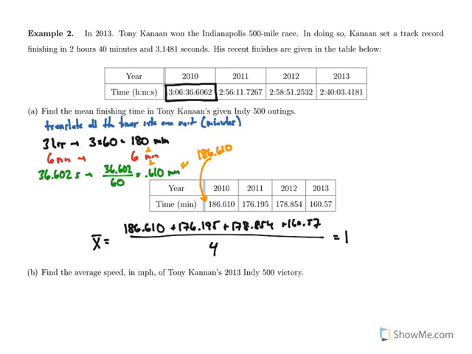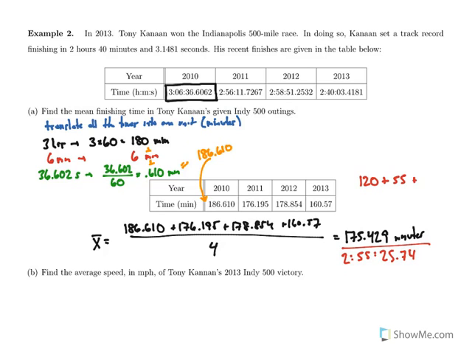which gives us about 175.429 minutes. And we could translate this back into our hours, minutes, seconds format. That would give us 2 hours, 55 minutes, 25.74 seconds. And the way that we could do this, we could think about this as 120 minutes plus another